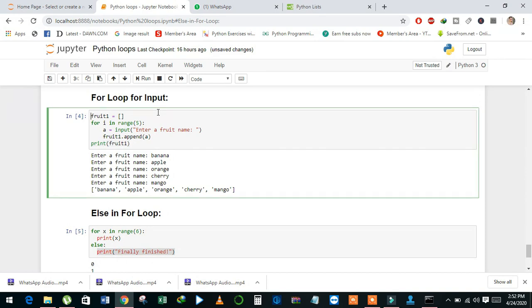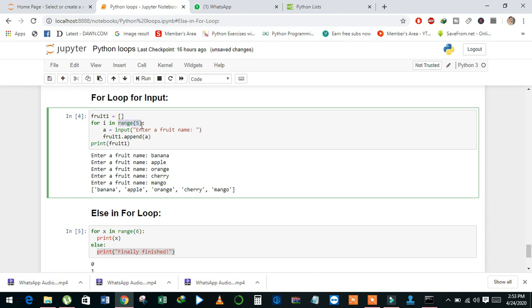Next we will discuss how to take input from the user with the help of a for loop. If we want to take multiple inputs, then we have to use a for loop. See here, I have an empty list. I want to store elements in the list. I will take input from the user using the input method, and it will take one fruit name till the end of the for loop. And see here, I have given range 5.